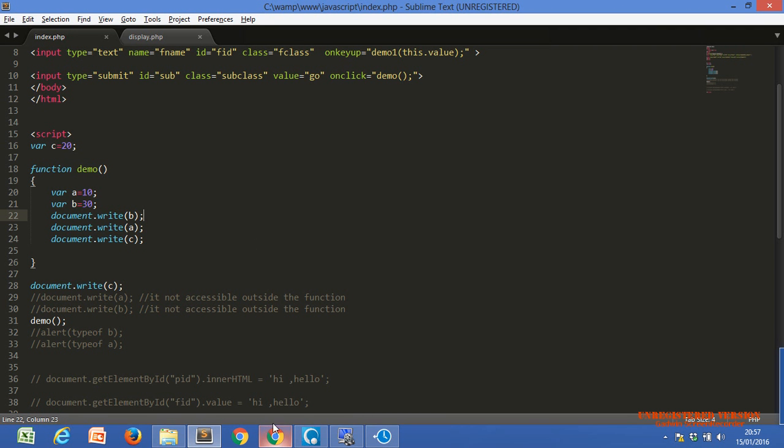If you refresh this again and click, the demo function will be called and you will get the result. Whatever the code is within the demo function, you will get that result, right, Kushi? Now let's move ahead from the events.